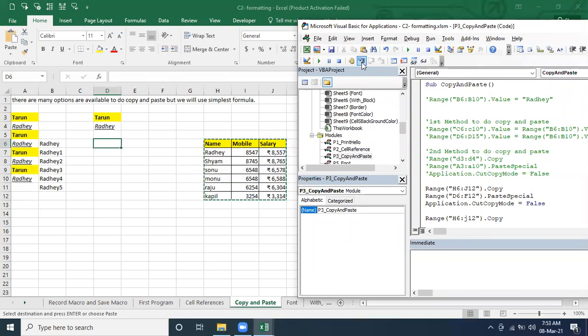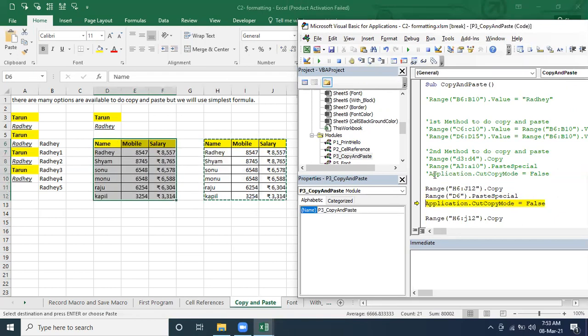Again I'm going to step into, and I'm going to paste to this F6 only. So copy, it's copied, exactly, and now it's going to paste to that area. So either you can pass the same range or one cell you can define, no problem at all. Hope it's clear.